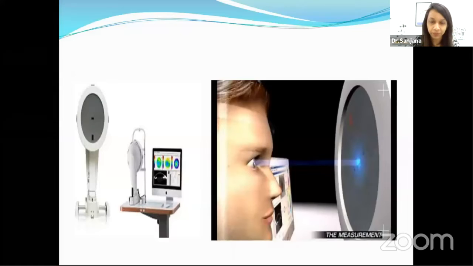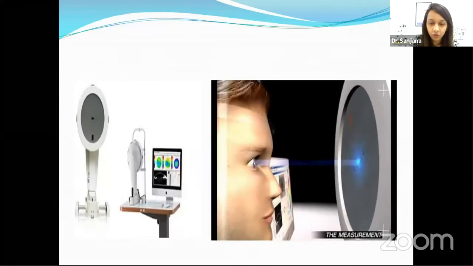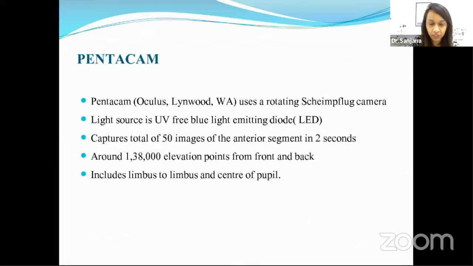The interpretation of Pentacam. So I'm Dr. Sanjana. I'm working as a cornea refractive consultant at Dr. Agarwal's Eye Hospital, Bangalore. Now, to start with the Pentacam interpretation, firstly, we all know that Pentacam uses a